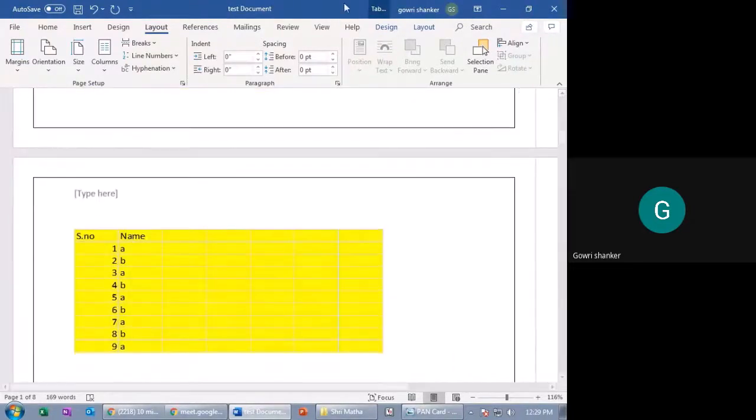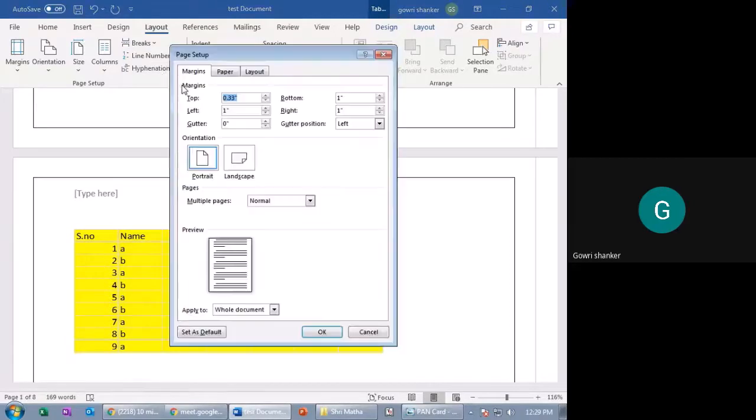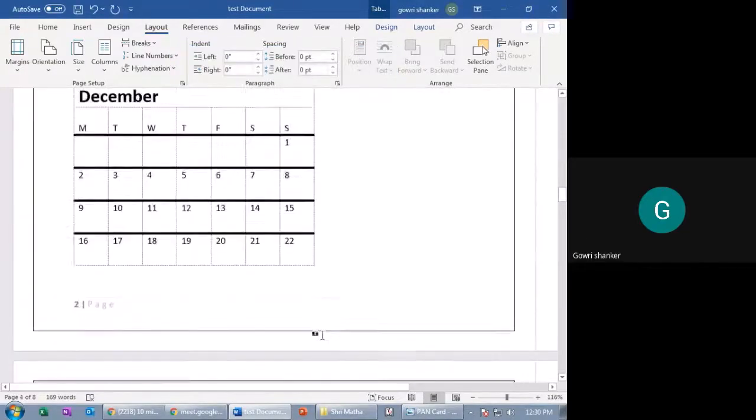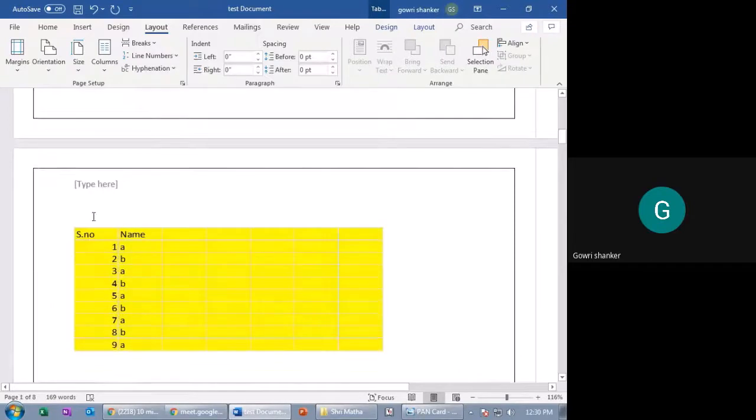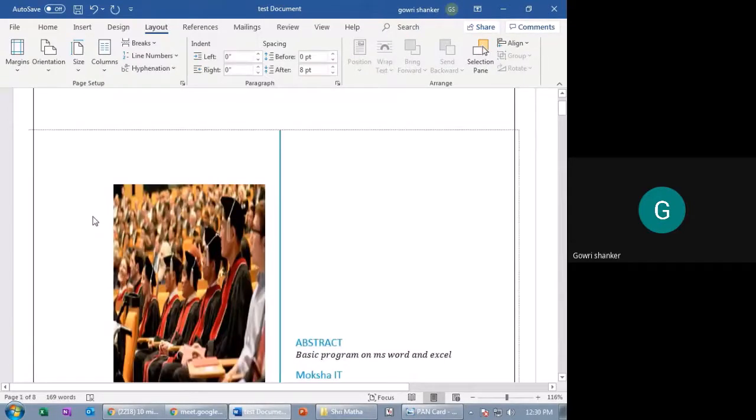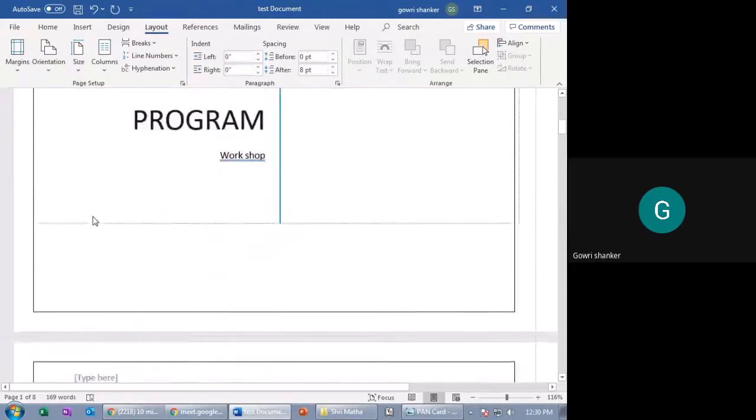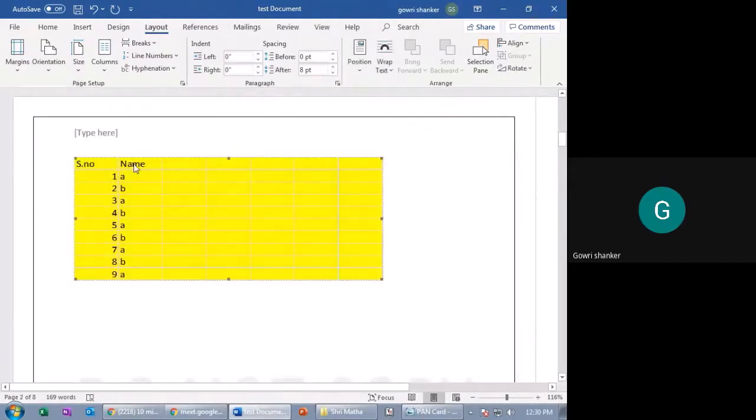See, for example, here I have taken margins, let us take 1. Say okay. Now you can see a slight difference here in the margin, right? If I click enter, it will go up. This margin also you can set up.